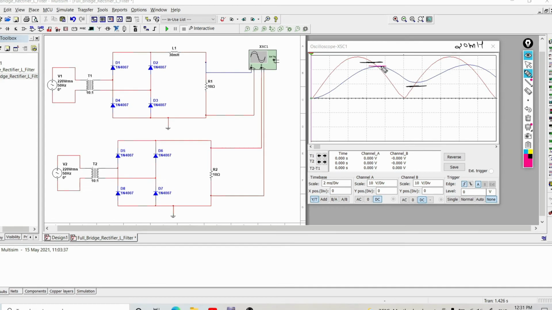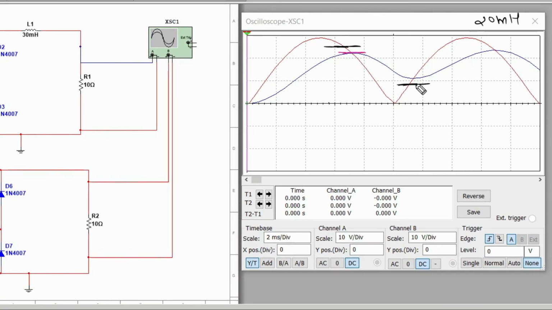So the black one was the previous marking. As we have increased the value of inductance, the ripple reduces in output voltage, right? As we have increased the value of inductance, the ripple reduces.